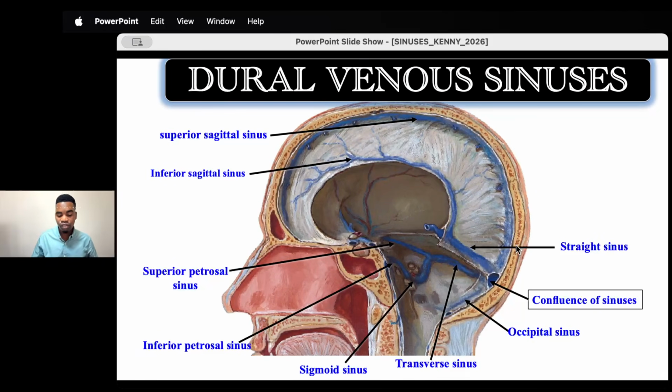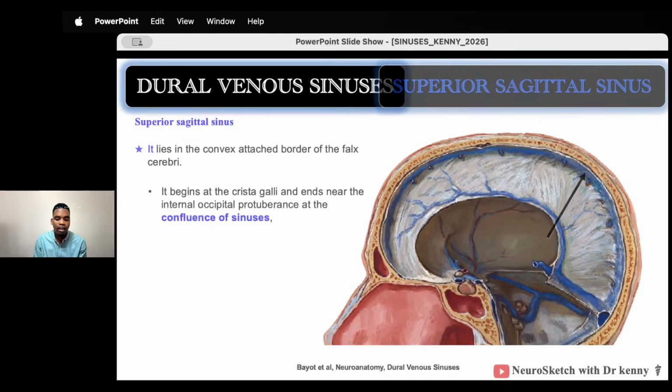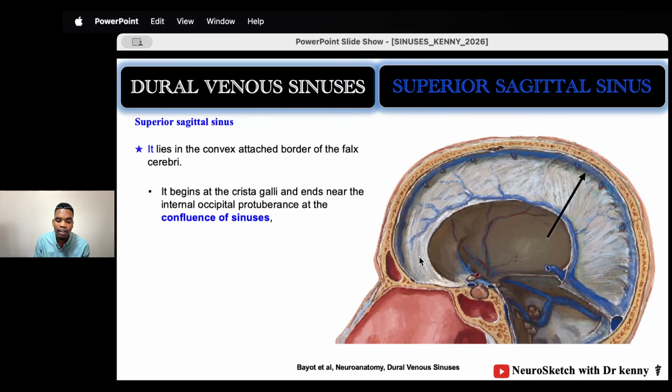But don't worry, I'm going to discuss each one in turn. Let's start with the superior sagittal sinus. Now, the superior sagittal sinus is superior because we also have inferior, but sagittal because it's running on the sagittal plane. The superior sagittal sinus is running all the way from the crista galli anteriorly to the confluence of sinuses posteriorly, and this confluence of sinuses is located at the